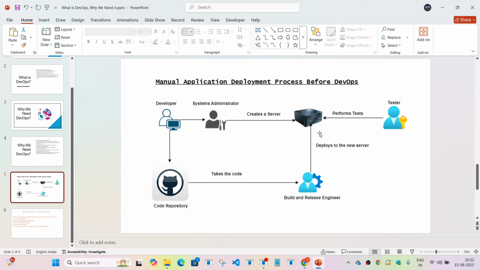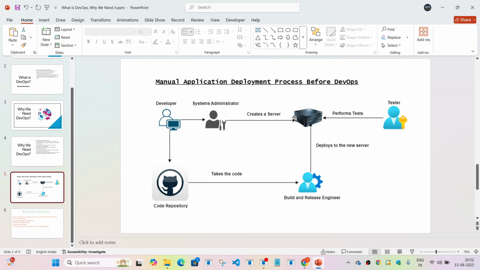So it used to take a lot of time. Had there been an approach where the developer can continually test any piece of code that is deploying, like 10 pieces of code that he has developed or written, he can test it then and there, it would have been really easier for him to identify the bug or fix the issue then and there.